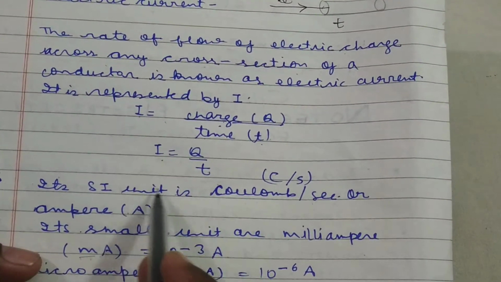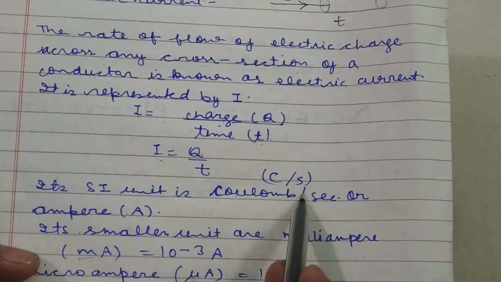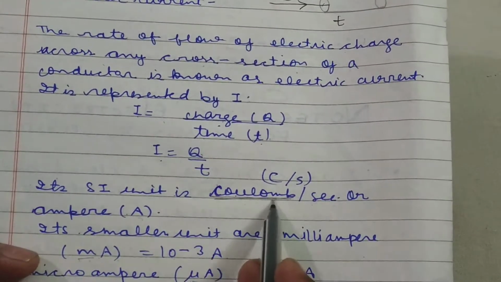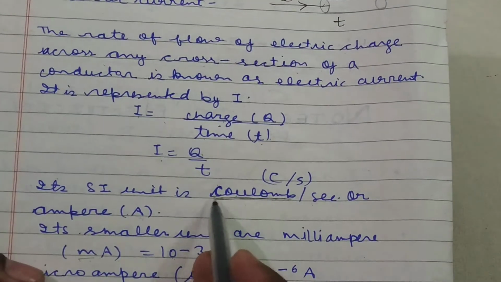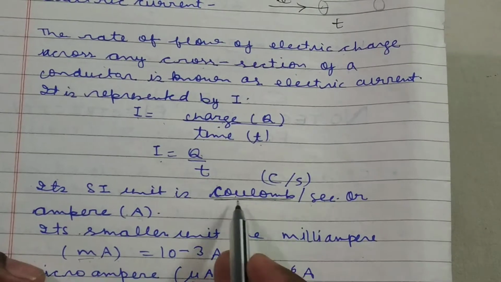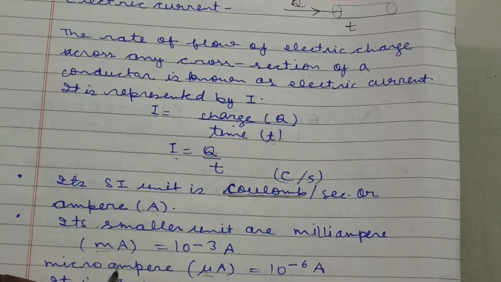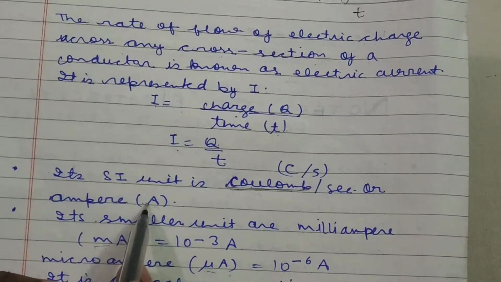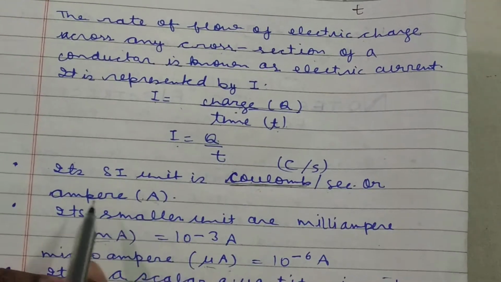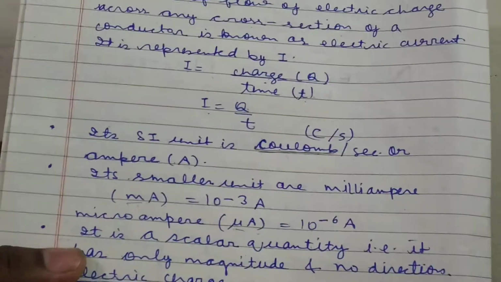A. Ampere is derived from these two units. The unit of charge is coulomb and that of time is second. You have to keep in mind the spelling of coulomb. Few children write C-O-L-O-U-M-B, which is wrong, but you have to write C-O-U-L-O-M-B. It is the correct spelling. Coulomb per second or ampere, capital A. During representation of the unit, you will write capital A in symbolic form, but in complete spelling form you will write it with a small case.